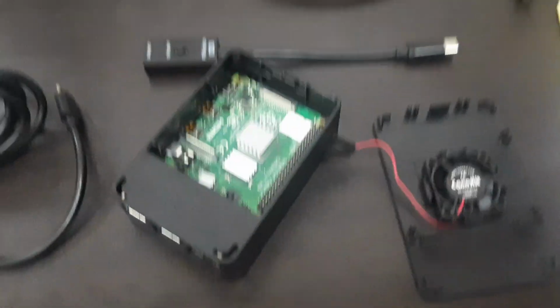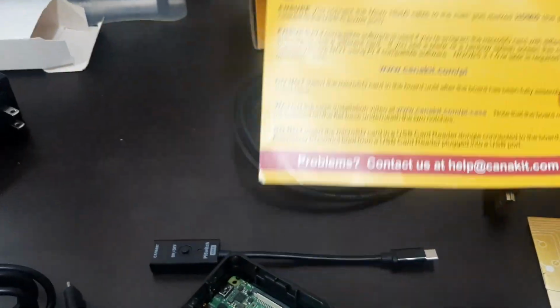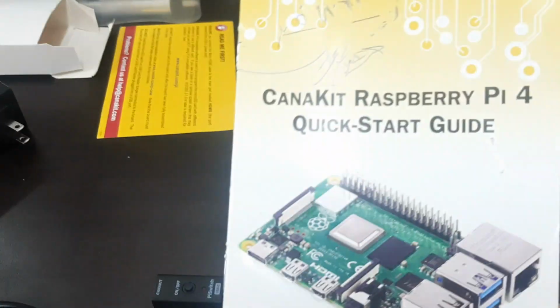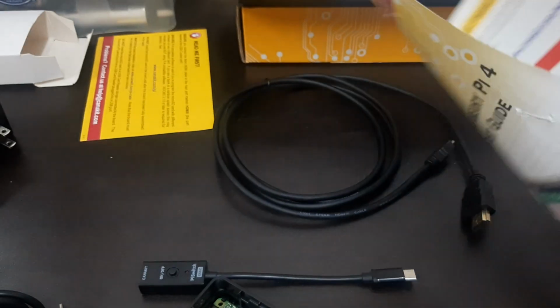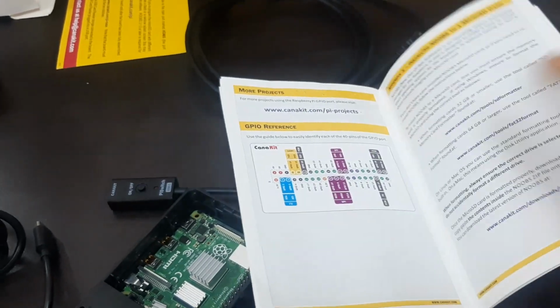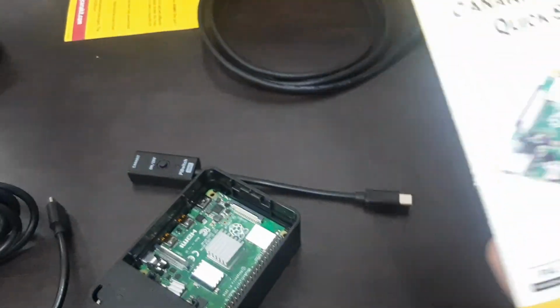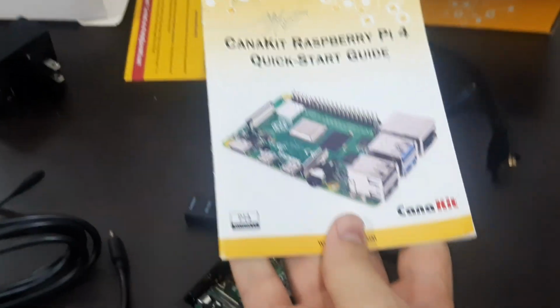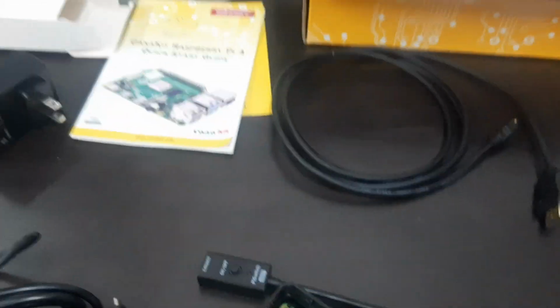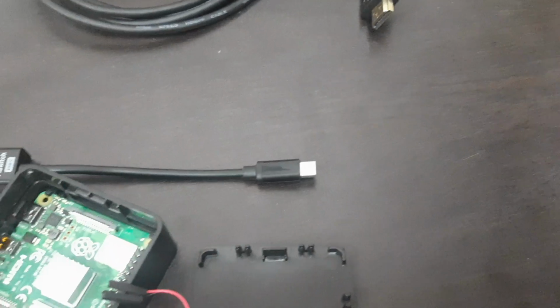So first we got some paperwork, like the quick installation guide, and also the start guide. It also contains a little project and GPIO reference, everything like that. It can be handy, but you may be familiar with everything. We will get back to these later. So we have